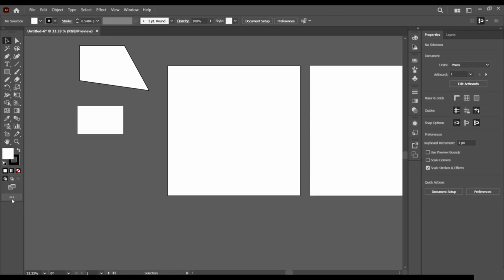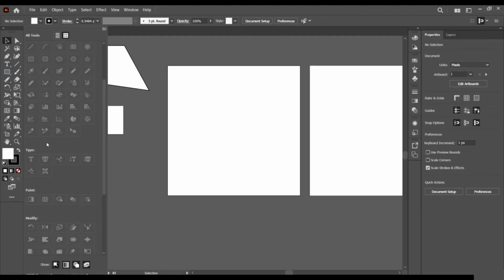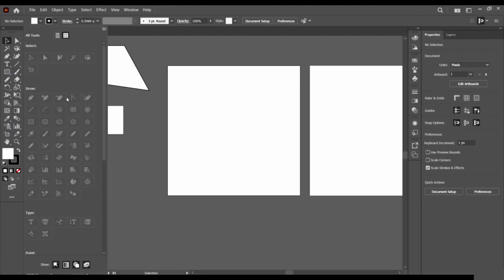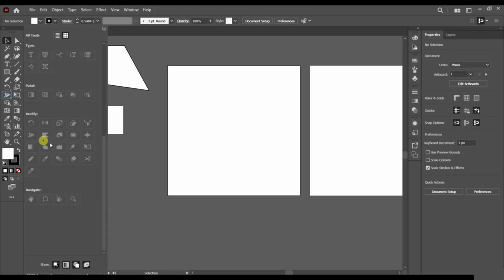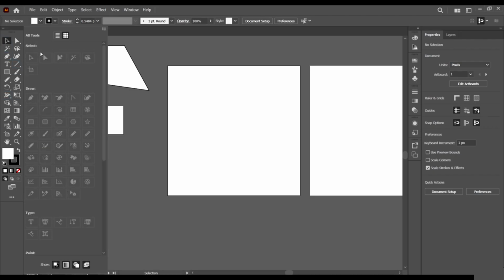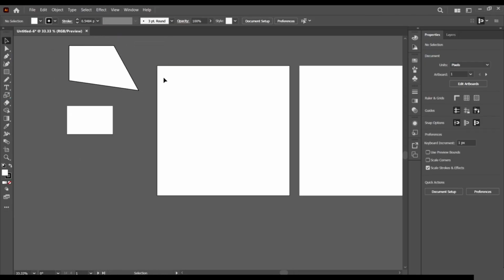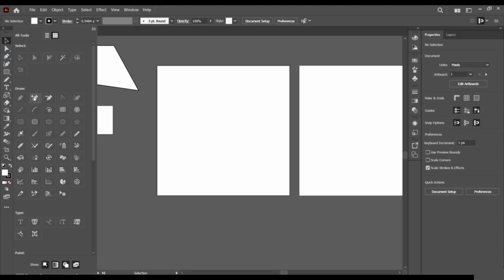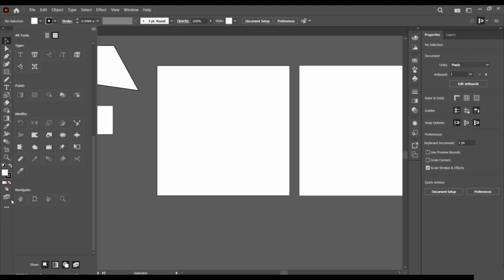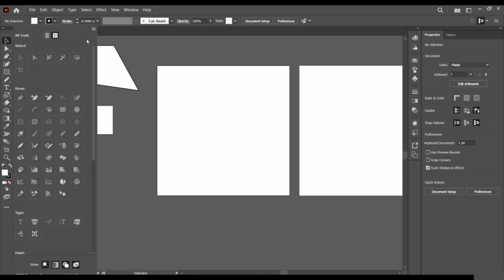Now, when you come here to this point, you see edit toolbar. Now we have it opened, and we can see all our toolbars here. Now all of them are activated. That's why you don't see them in this kind of gray faded out style. All of them are activated because we are in the advanced toolbar setting, where all the tools are activated. When you come to basic, we just have a few of them, so some of them are activated, some of them are not. So that's basic and advanced toolbars.